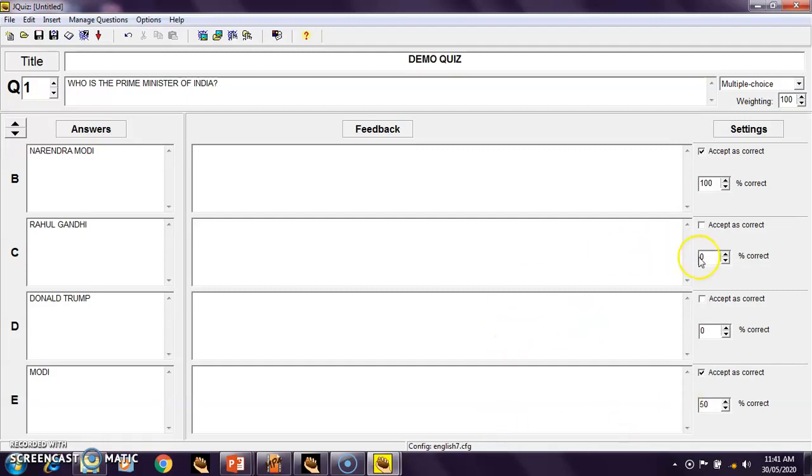Now you can give feedback as well. For the correct answer, I am writing here, very good, and for every incorrect answer I am writing here, your answer is wrong. The correct answer is Narendra Modi.